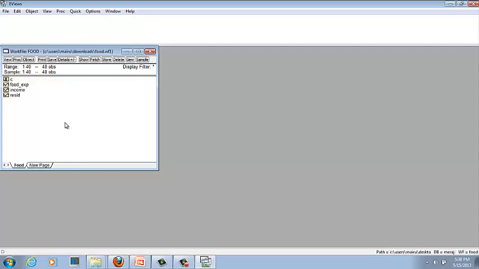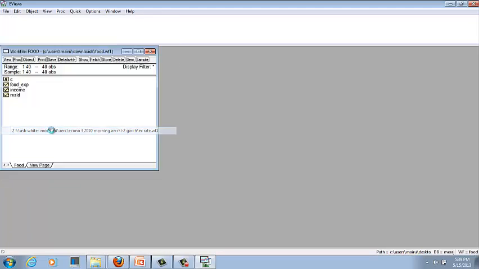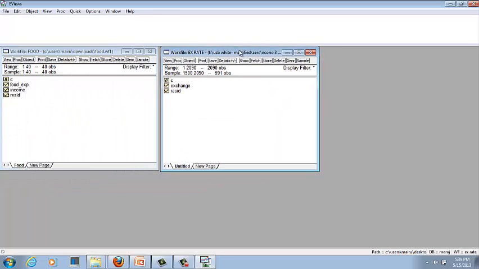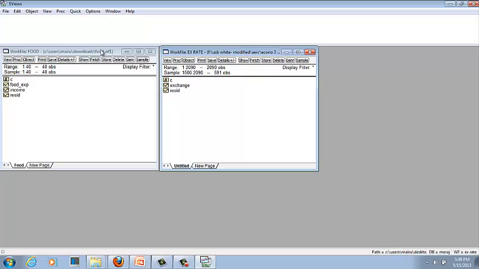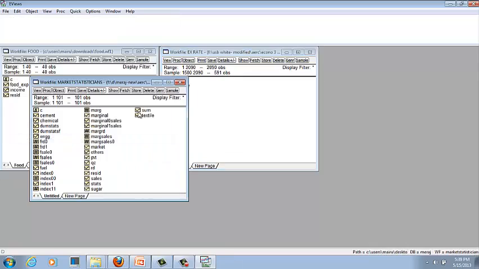Now we can see here the inner window. This is the file window. EViews has the utility that it can provide so many files at a time because it provides a graphical view. So we can open as many files as we want. For example, I would like to open other files in the same window. So I'm going to open another file. Now you can see we have two files, and at the top of the menu you can see the name of the file. This is the food file and this is the excrete file. So now I'm opening another file. So this is the third one.